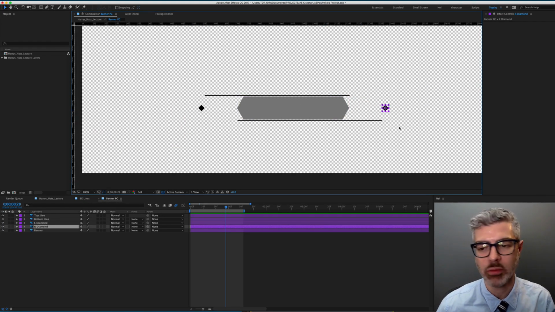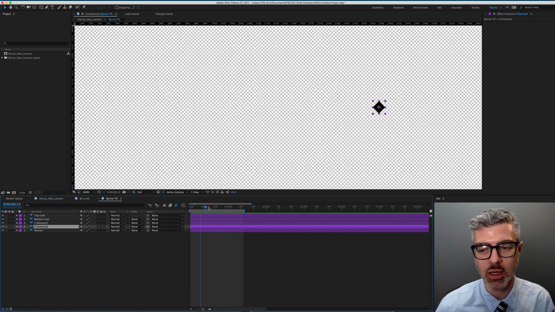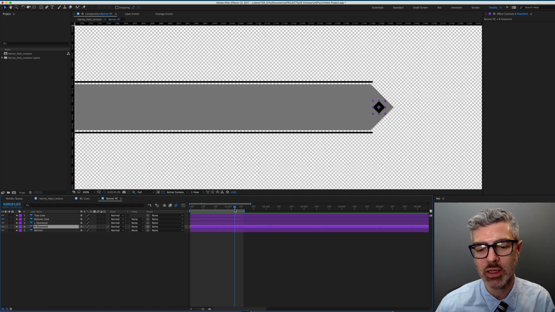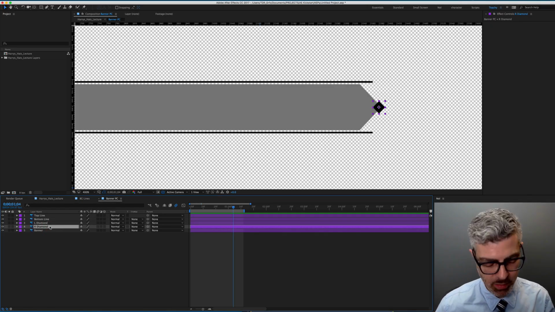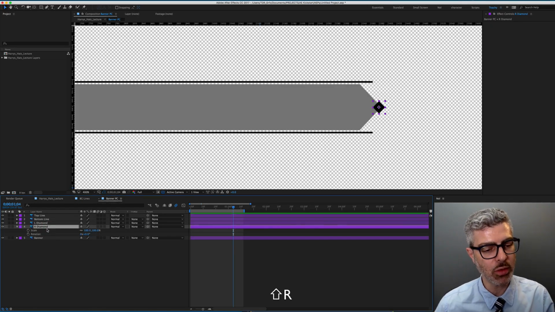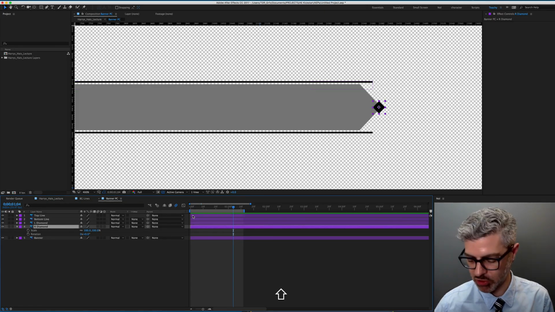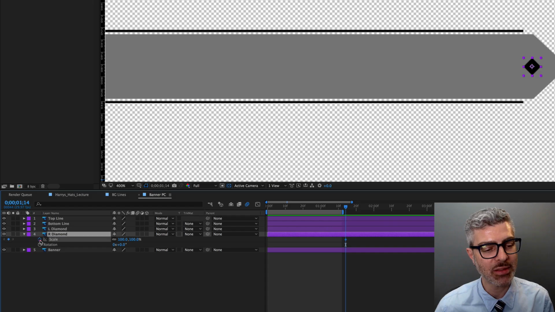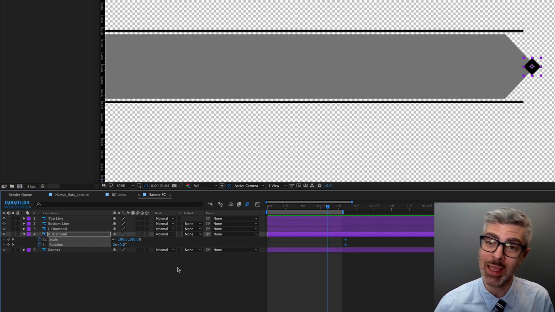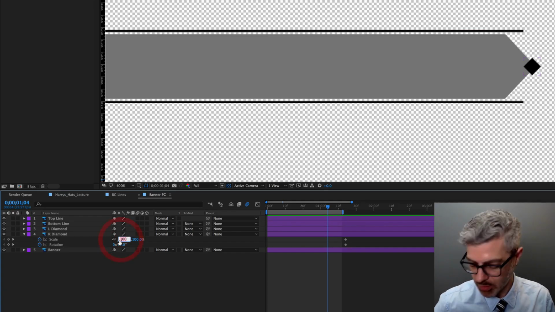So let's start with this right one or whatever. So this kind of moves on here, and once this moves on around here, once it's about there, I guess I can start this. So let me press S and R now to show my scale and rotation. And I'm actually going to jump forward 10 frames from this exact point. So I'm going to hit Shift Page Down and jump forward 10 frames. I'm going to make a scale and rotation keyframe for this diamond at its normal settings of 100% and 0 rotation. Now I'll jump back, Shift Page Up to 10 frames before, and I am going to make this 0